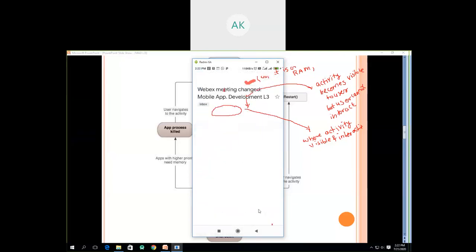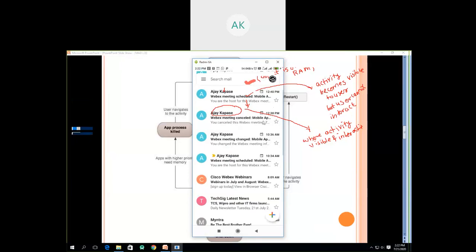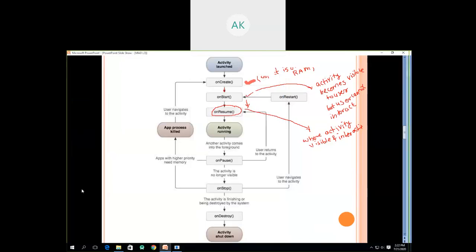I can say this particular activity is in the onResume state. In the onResume state, every activity is visible and the user can interact with it. After the onResume state, our activity is now running.